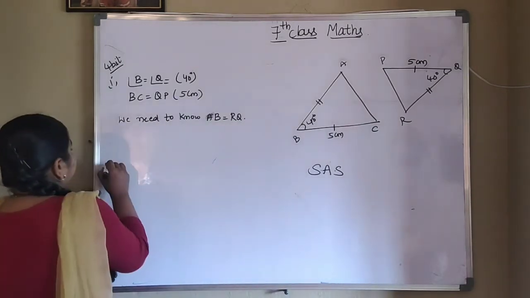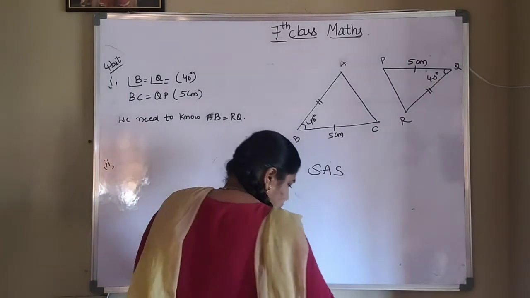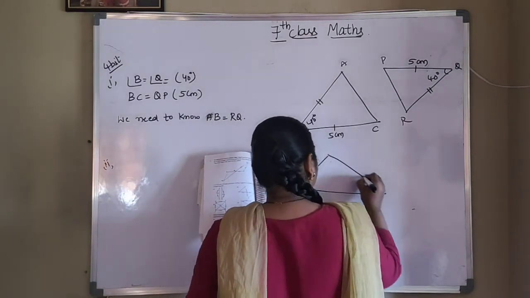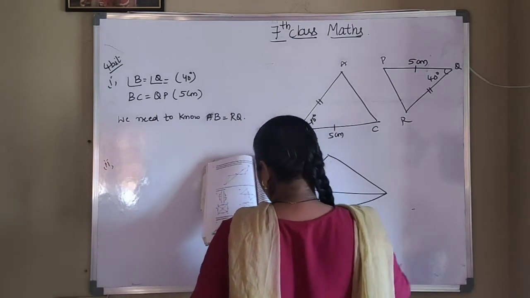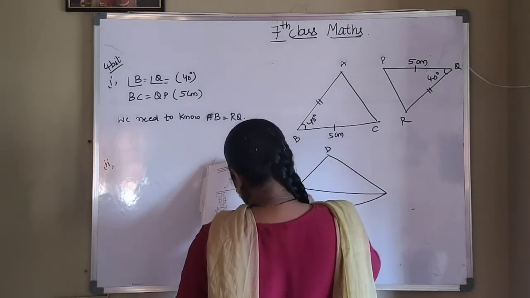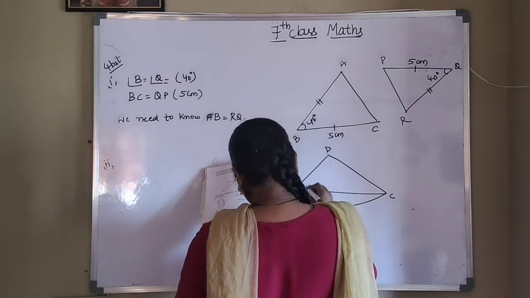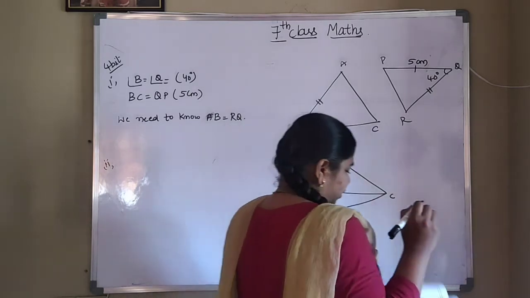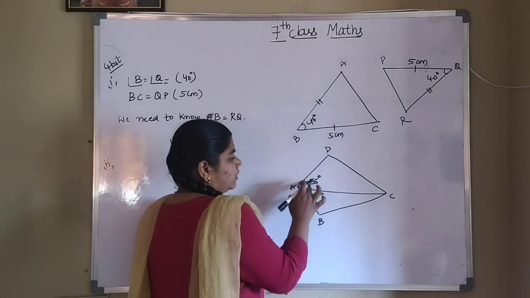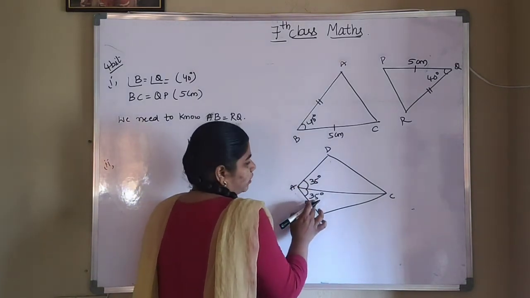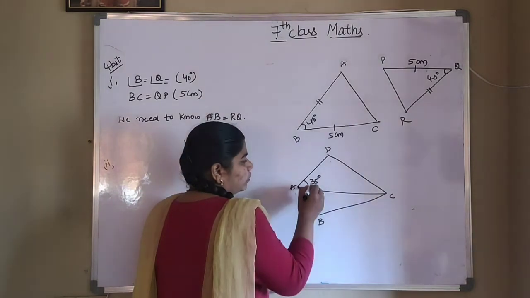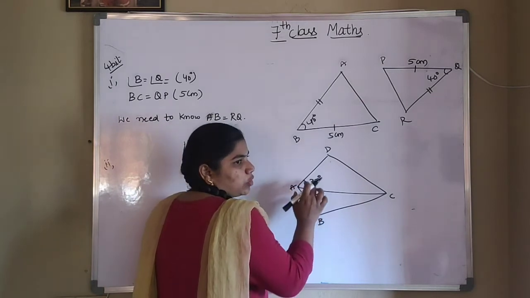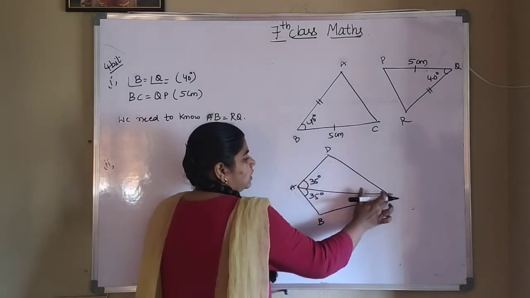So next one. Here these two angles are equal. Here also 35, here also 35. So the full angle A is equal to 35 and 35. This angle has been divided into two parts. So we will write it in the form of three letters. That is DAC is equal to 35.